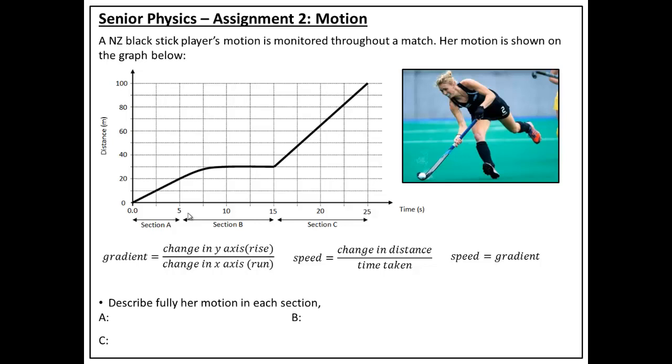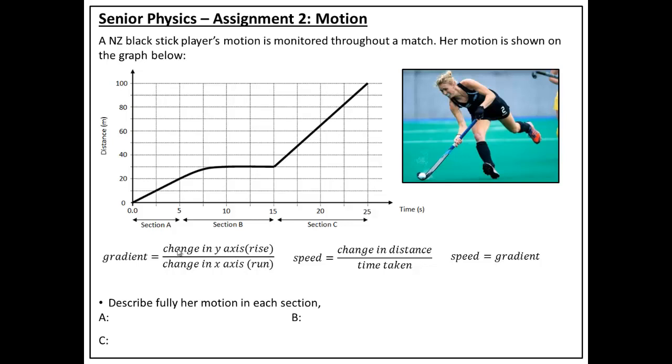Okay, so if we look at the first question, it's wanting you to describe the motion of a hockey player during a match, and it gives you her distance time data. Now, using a distance time graph, we can work out our hockey player's speed, and that's important when discussing and describing her motion. From mathematics and in your physics class, you should be aware that you can calculate the gradient